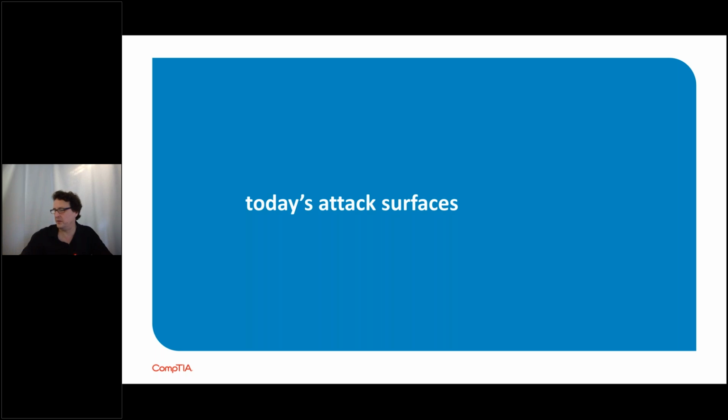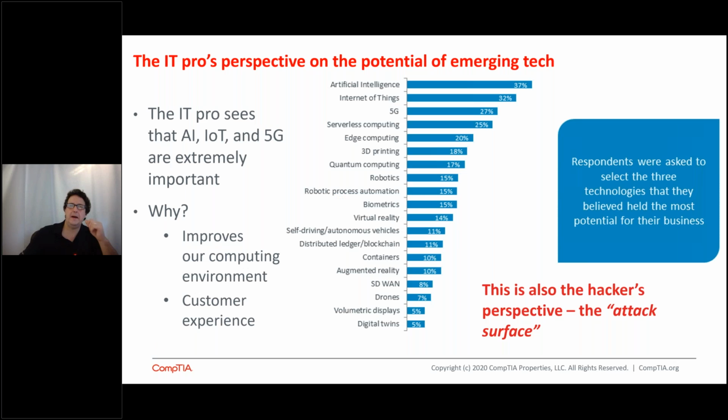Now I'm going to use another buzz phrase called attack surface. The concept of the attack surface means what an individual or a group, what an attacker, can approach and take advantage of. Now let me take a look at this, because you can look at the survey information that I've got here in two different ways. So as an IT professional, as a good guy, a person responsible, she's responsible for implementing artificial intelligence or IoT or 5G. These are the things that the IT pro sees as important.